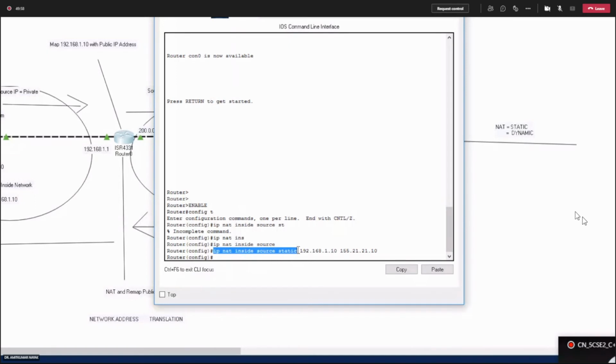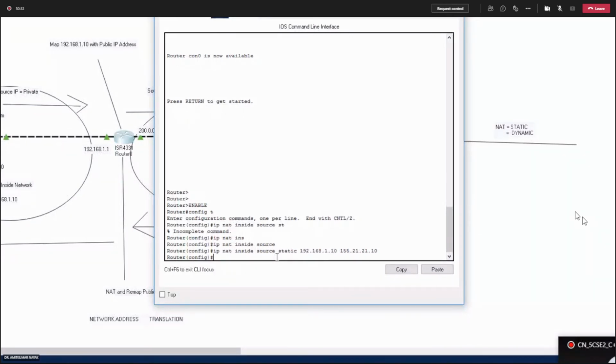Up to this, the command will remain common for any type of static NAT. You have to type ip nat inside source static. This is the common, fixed portion, and then you have to type the private IP address and public IP address. The private IP address is 192.168.1.10. You can see the IP address of PC0 is 192.168.1.10, and we have to map this with the public IP address 155.21.21.10, and then